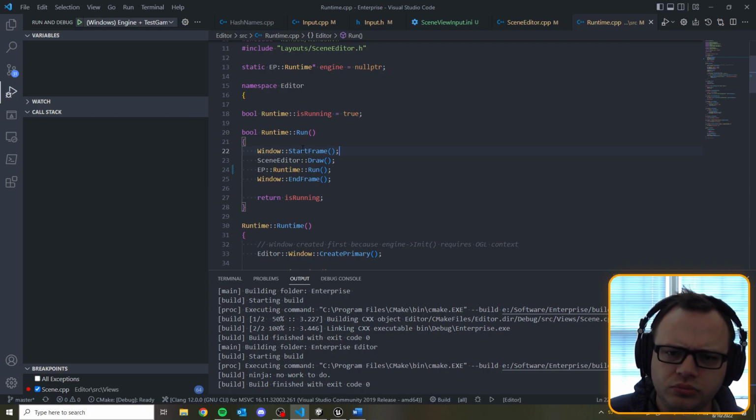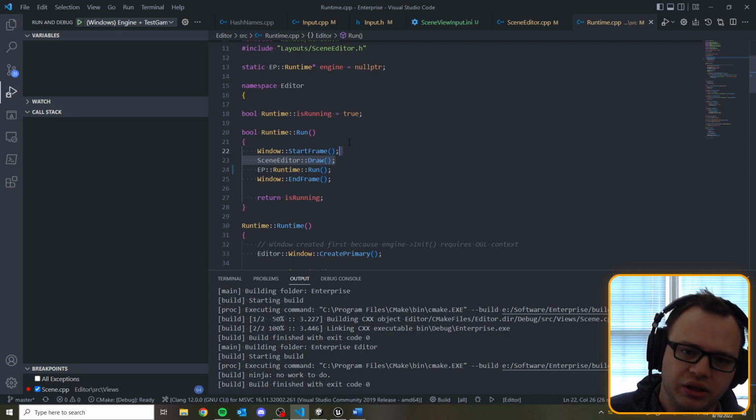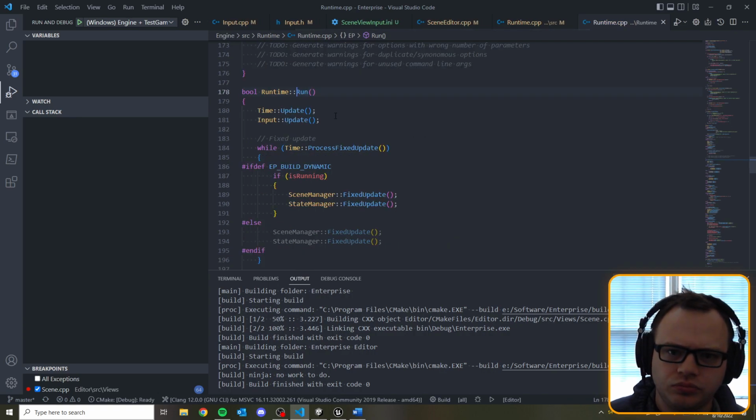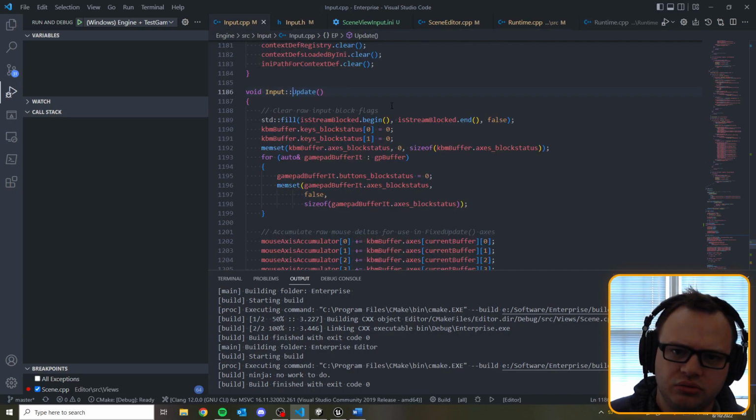So we start the frame, which means that IMGUI is active. We then call the scene draw code, which is where we pull the input from. We pull the input from the input system within this code. And then we go EP runtime run. And it is during update